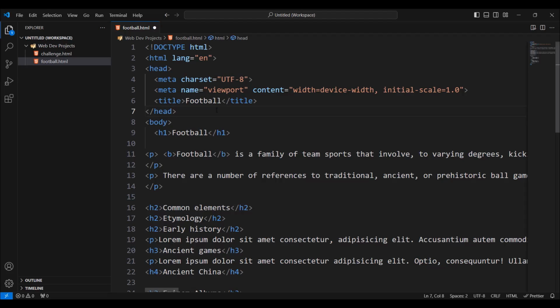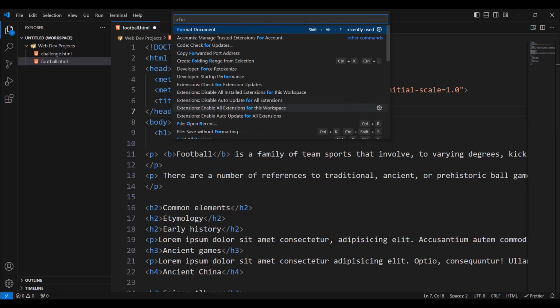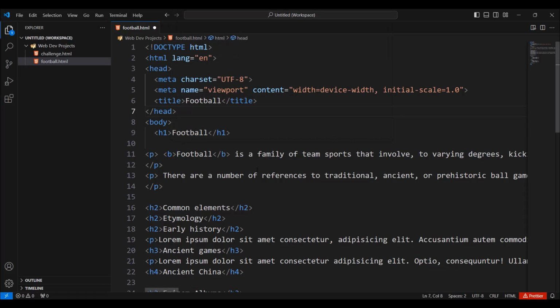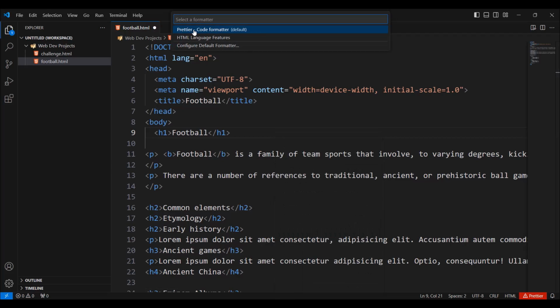And for that I'm going to press Ctrl-Shift-P to open this window. I'm going to type format, and you choose format document, and you press enter. And for whatever reason that is not working, another alternative is to right click, go here where it says format document with. So I'm going to click here, and this way of formatting with Prettier is not working. I don't know why. Previously it was working, and in my case I'm going to choose format with HTML language feature, and that is going to format the code. But if for you this is working, you can use that, but I'm going to use the second option.